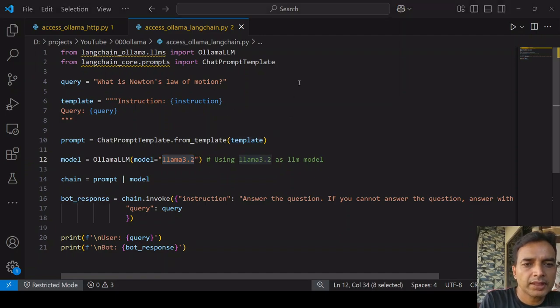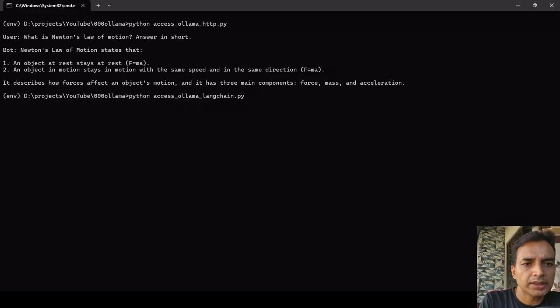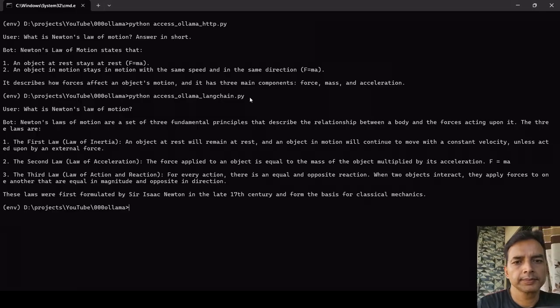So again let's run that on the command line and see the output. As you can see on the screen, let's run that Python file, and it will call that same Ollama interface, and it will get the response. So let's wait for a moment. So here you can see the response from the